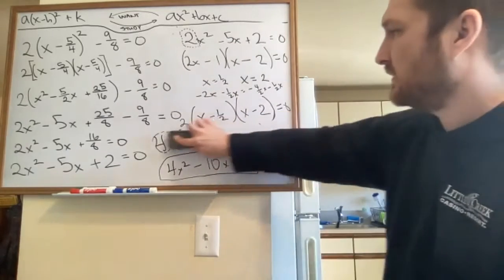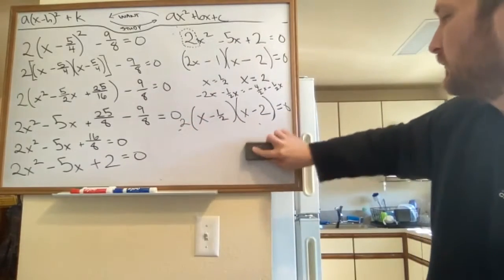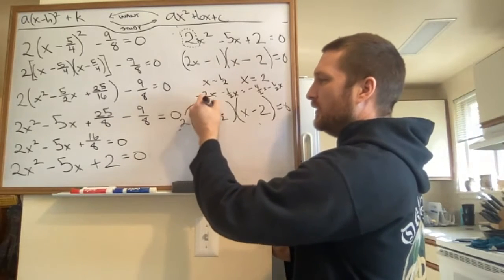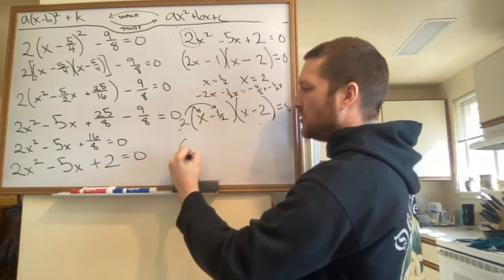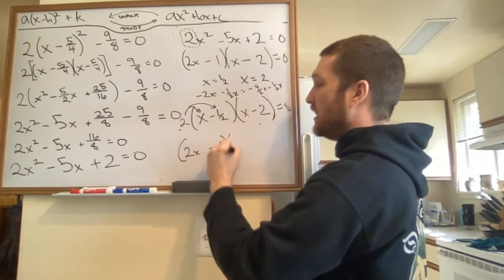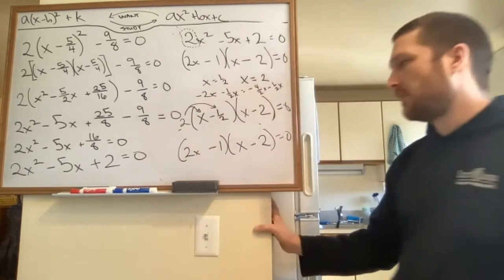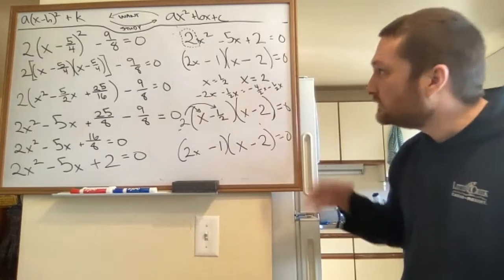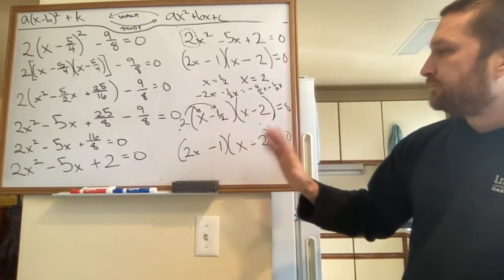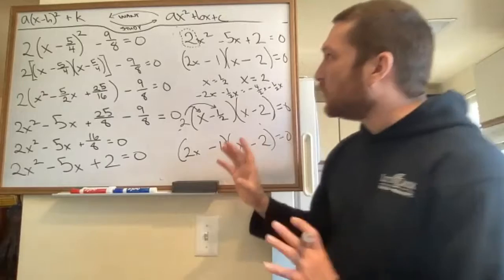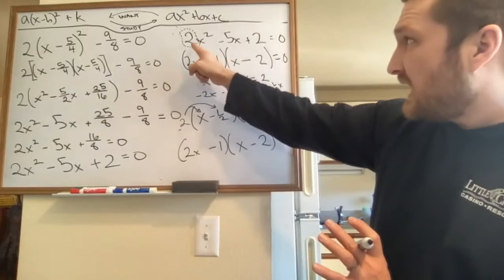As a matter of fact, if I just took that and distributed it into the first term, we'd have 2x minus 1, which, oh, hey, that's how we factored this guy. Huh, interesting. Okay. So the point is, we're going to have to deal with if there is a leading term,